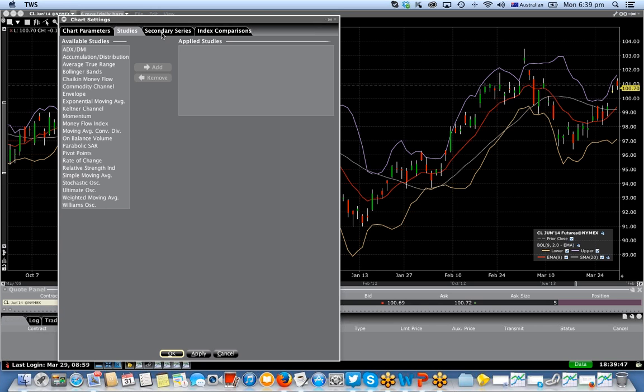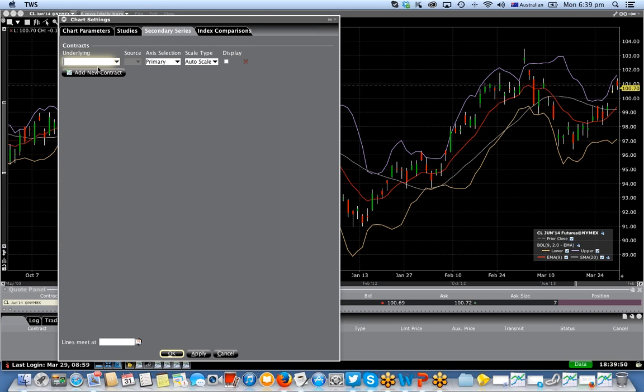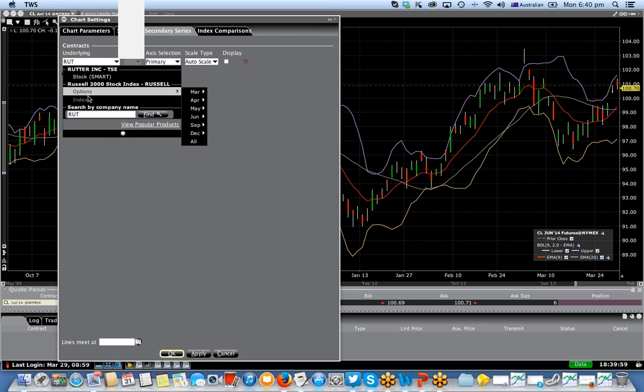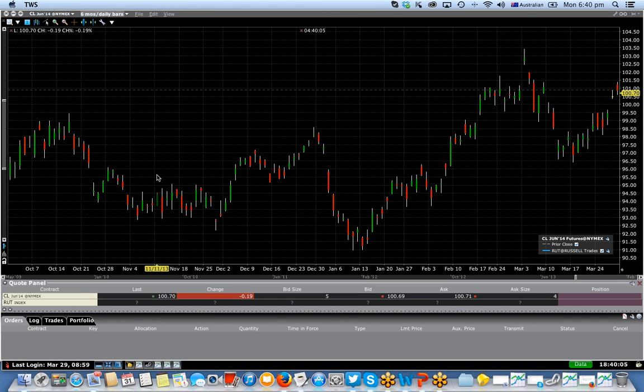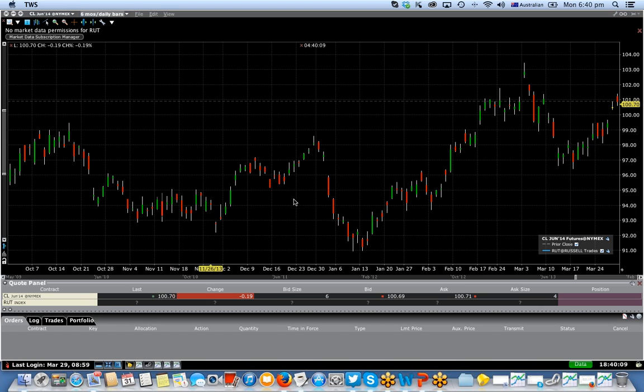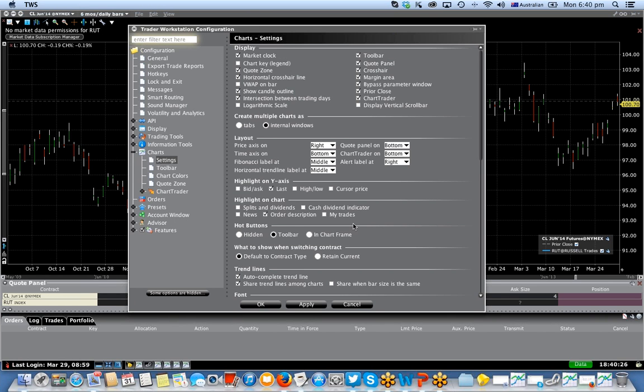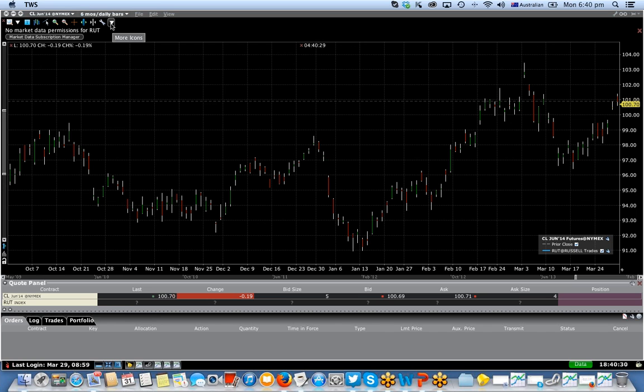And instead, what you can do, you can add secondary series, and in this case, you can compare, for instance, root, which is Russell, and if you click indices here and apply, you will have in a minute just loading up. Yeah, unfortunately, my data subscription is not showing me that root capabilities, but generally speaking, it would show you second line, and what you can do as well through parameters, you can change